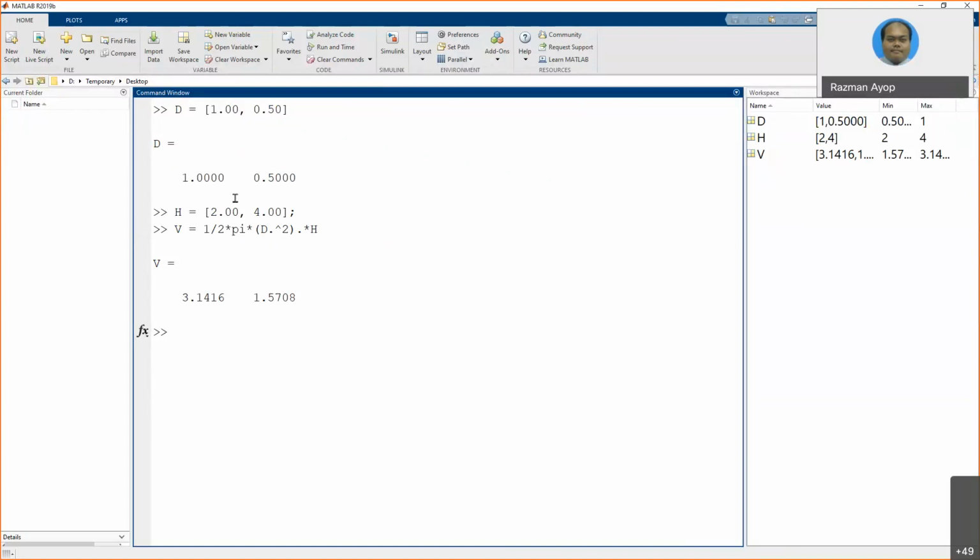So basically, for the half, you use a calculator. Okay, pi divided by 2 multiplied by d. What is d? The first one, d is 1. Okay, 1 squared divided by the first one, 2. So you get,